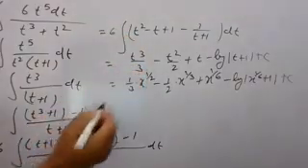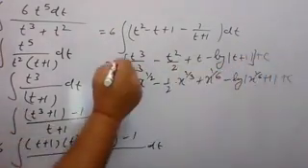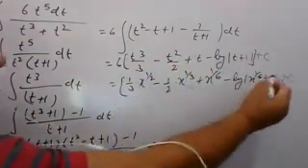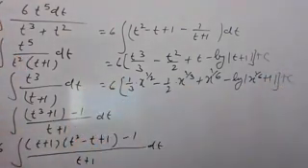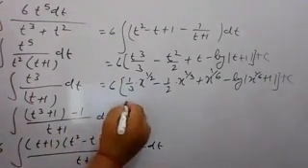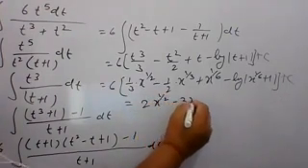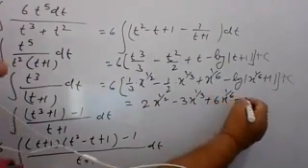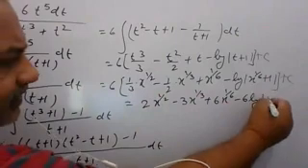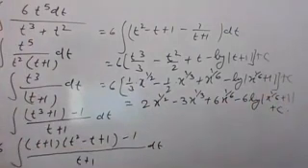Oh yeah, that was missing. Yes, that will be multiplied by 6 also, so that we missed here. Correct it. So if you multiply each of the terms by 6, you can also write it as 2x to the power 1 by 2 minus 3x to the power 1 by 3 plus 6x to the power 1 by 6 minus 6 into log of x to the power 1 by 6 plus 1 plus c. You correct it.